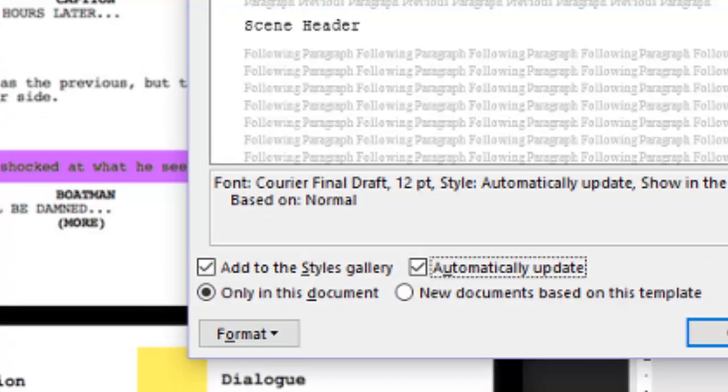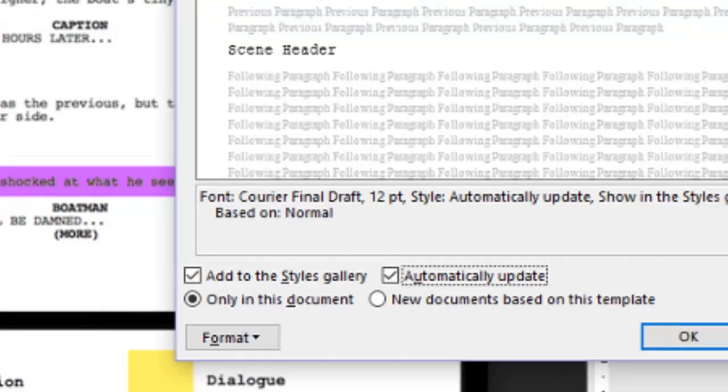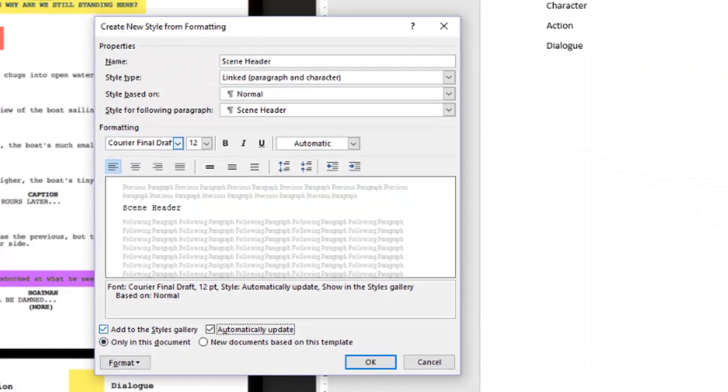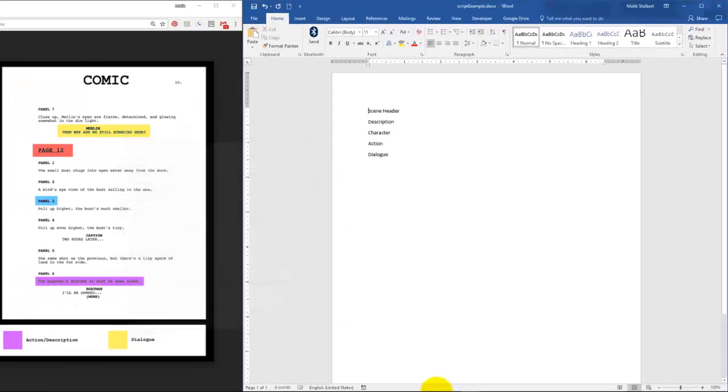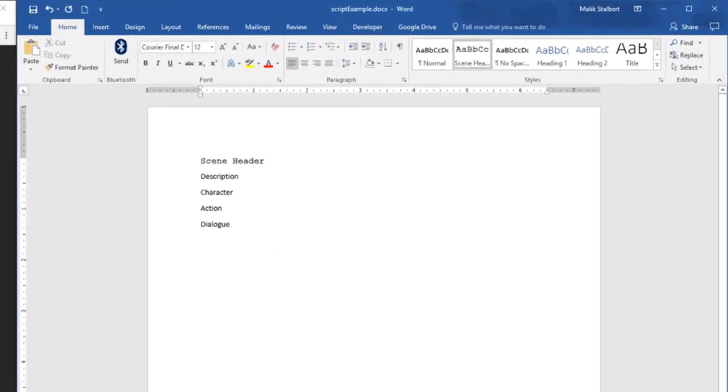If I needed anything else, I can go to the paragraph down here and change any of that, but for right now this actually looks pretty good. I'm going to leave the spacing and everything as is and click OK. So that one's formatted.